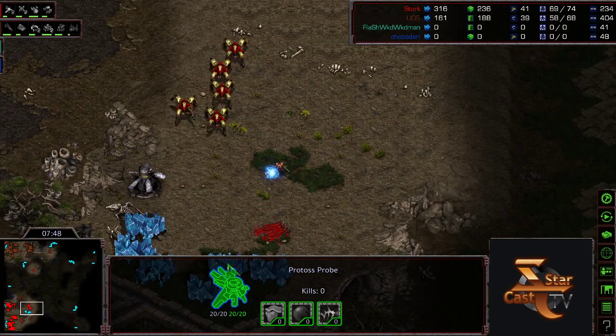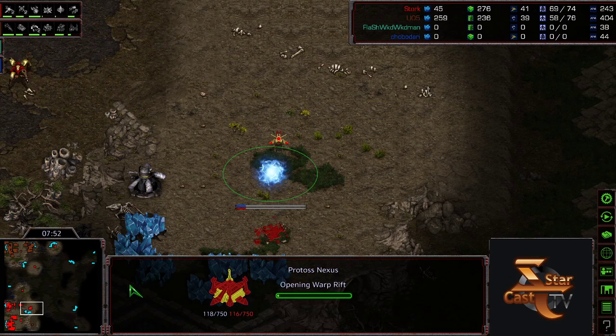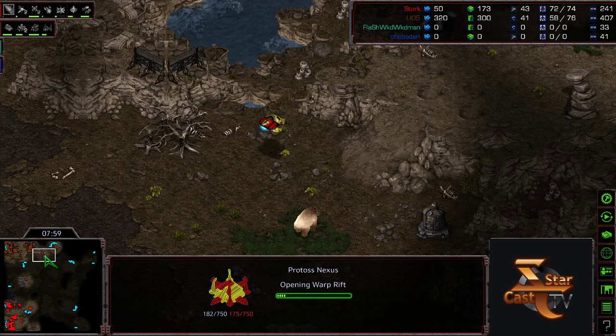Stork's going to pick up that SCV. Kills Panda Bear guy. Unfortunate. And the third base is coming down. So, again, very standard build from... or not standard build, because obviously DT drops not quite standard, I would say, but...